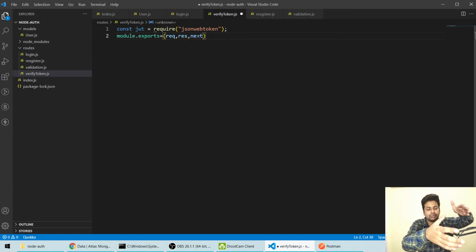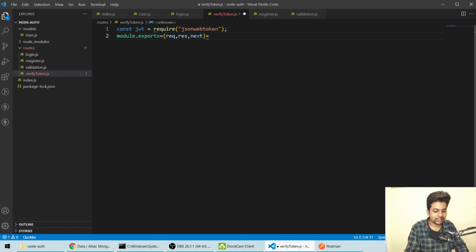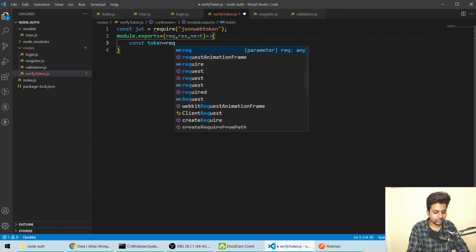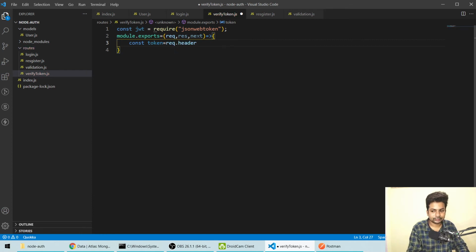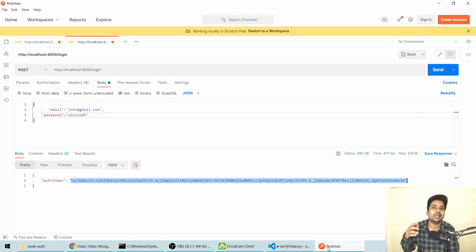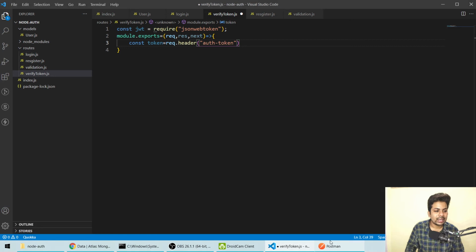I'll tell you what I'm doing, just watch. Till now you understand everything, so now you will also understand. We're creating a function, and we'll say const token equals request.header, and we'll say auth-token. Basically, when I'll be accessing my profile, I have to use that token, so I'll put that token in my header and get it.